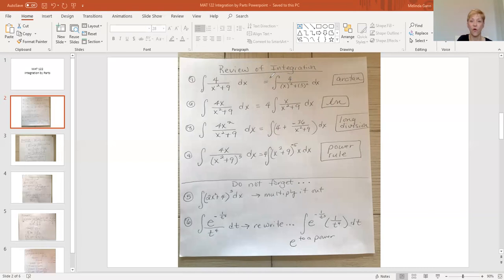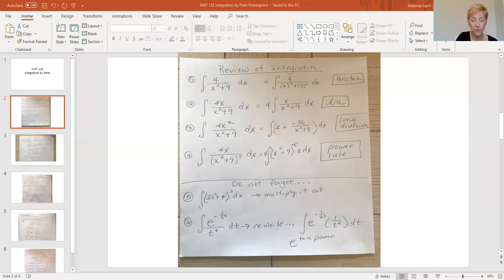So when you pull that 4 out, you're good to go. And this one's worked in your book, so you can see it worked out. And then this second half right here would be another arctan. Okay? Now, don't forget common little things we learned at the very beginning, like on this one, the derivative of